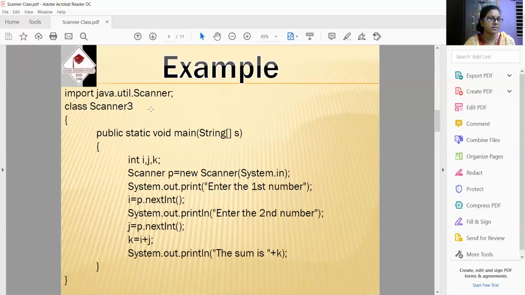That means the Scanner class can be included in my code, as well as the Scanner class's predefined methods can be used within this code. I have given the class name as Scanner3. Then public static void main(String s[]). Then I have taken three integer type variables i, j, k.